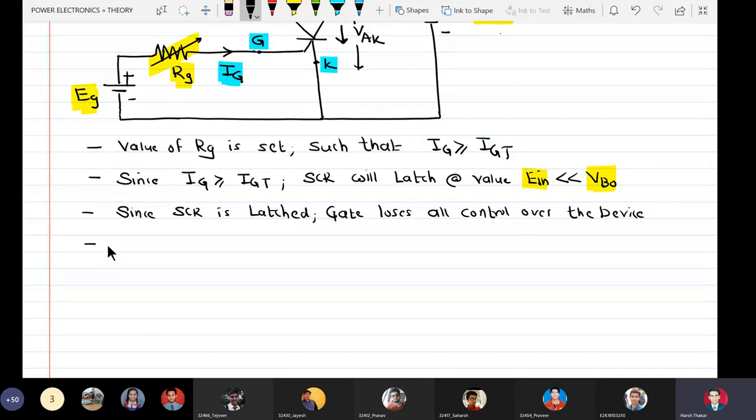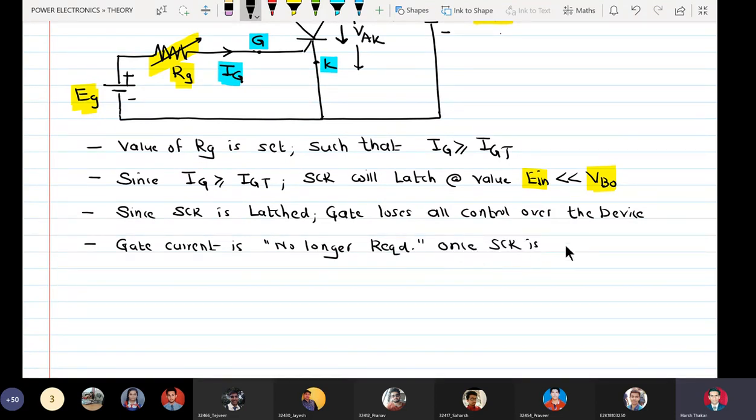Next important thing is that the gate current is no longer required once SCR is latched.